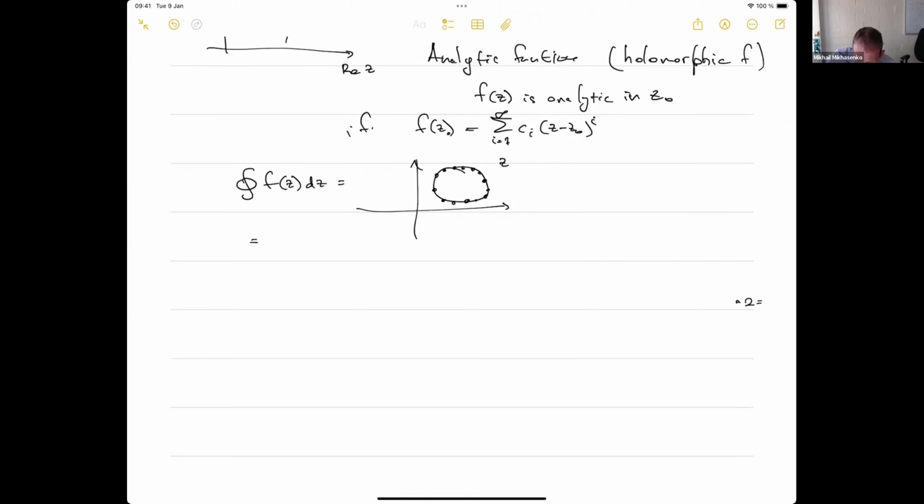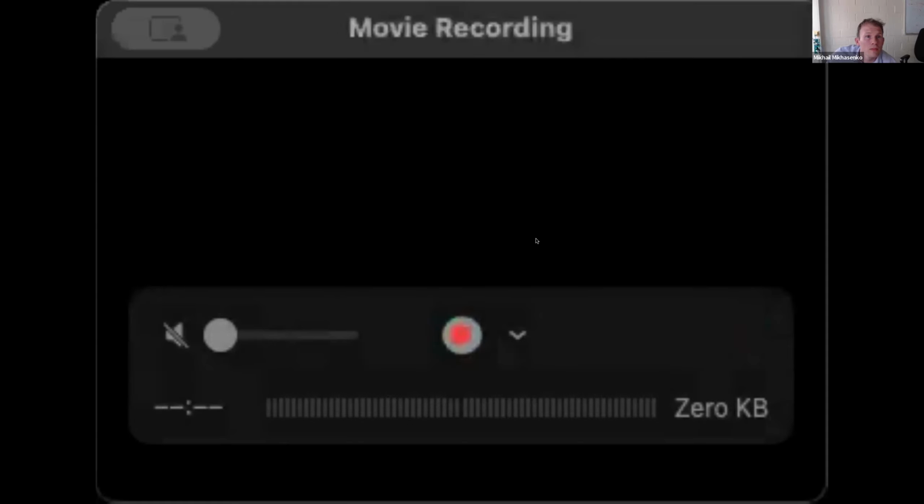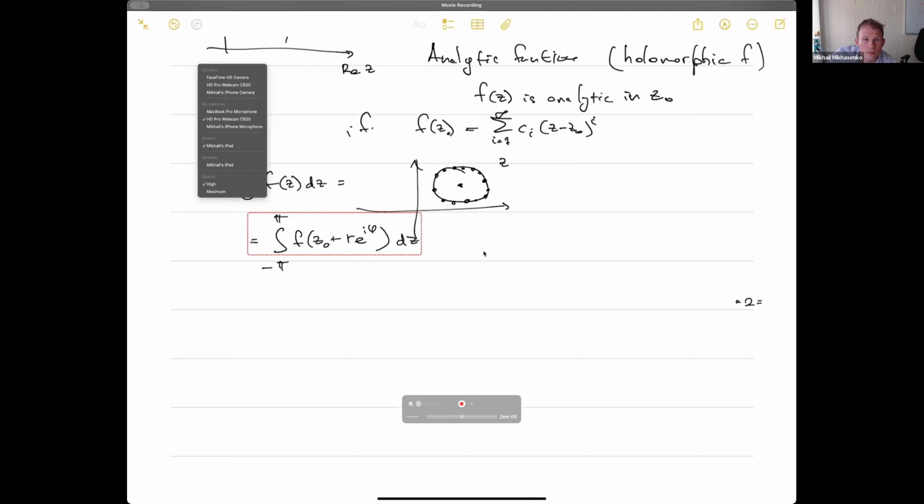In that case, let's say this circle, we parameterize the contour by a circle, so this is the integral of f of z naught plus, and then in the finite form, it's going to be equal to